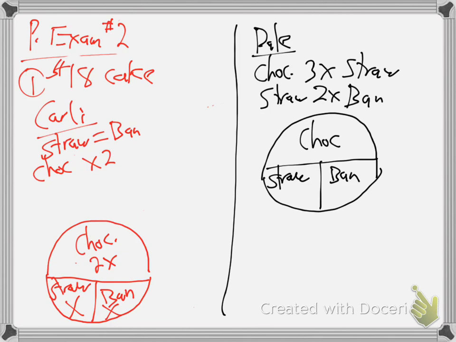Do you see the chocolate part's going to be 4x? Because not only do they like the flavor twice as much, it's twice as big as the strawberry or the banana. So really you should get a 4x. Double for the taste, double for the size. It's how people value that item.